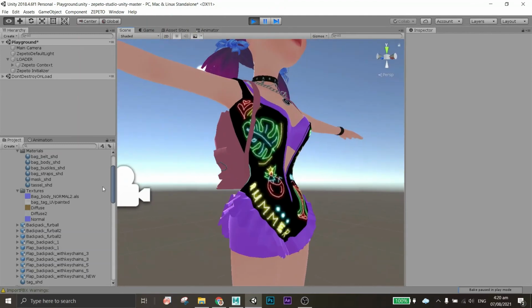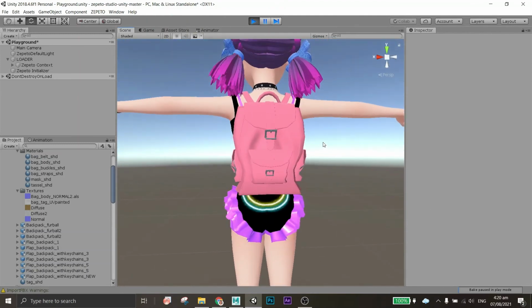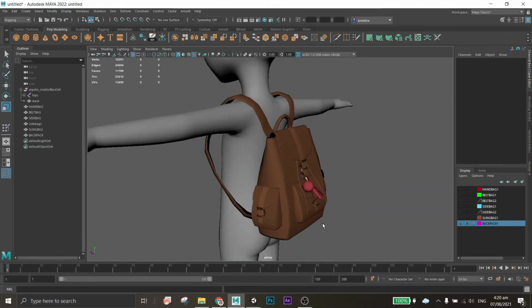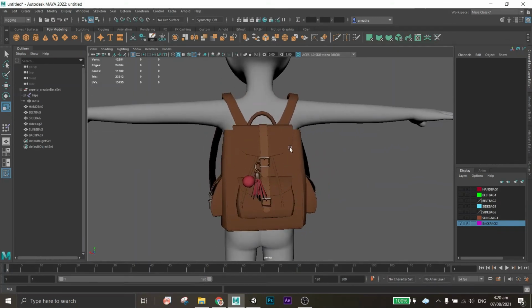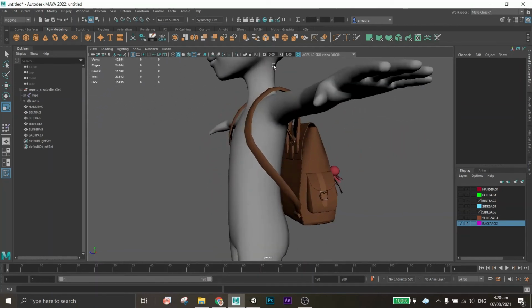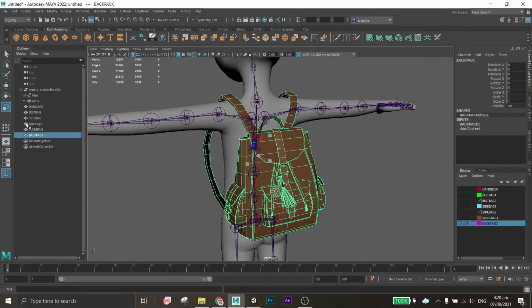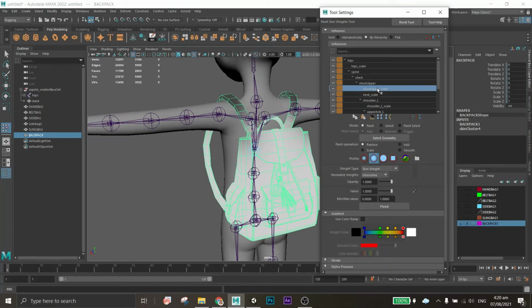Like on this specific body type, the lower region of your bag cinches in. So we don't want that. We want as much as possible to make our bag stay at its original size even if the body shape changes. So what I did is I set it only on the chest upper scale. So here are all the joints that I selected to have an influence on my backpack. But most of the maximum value